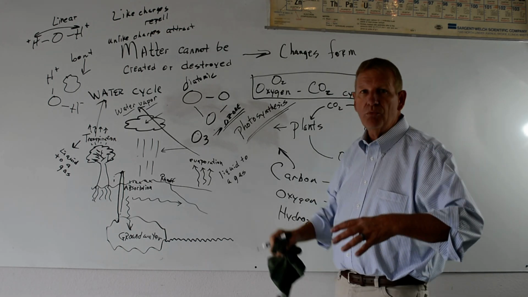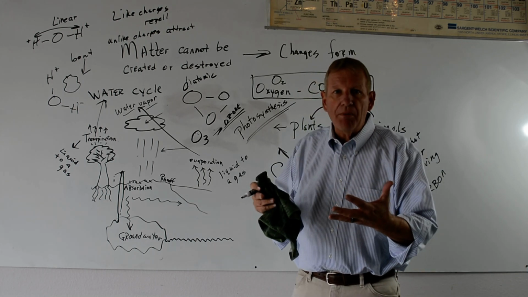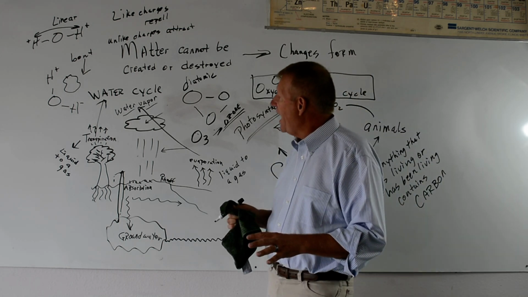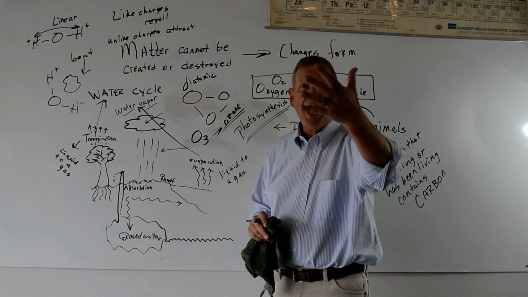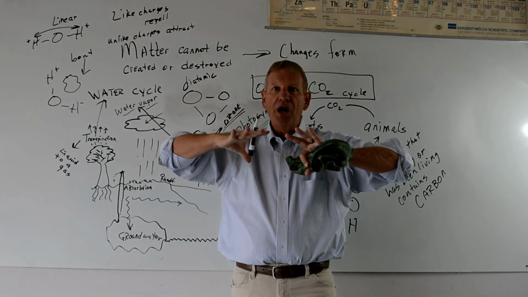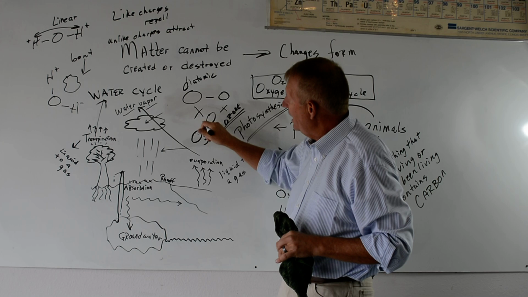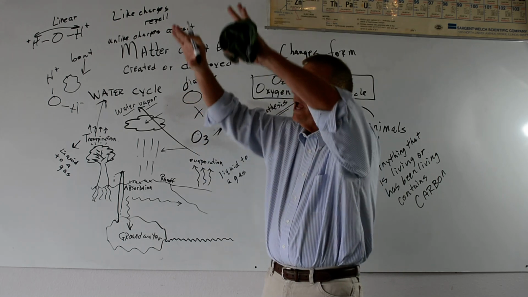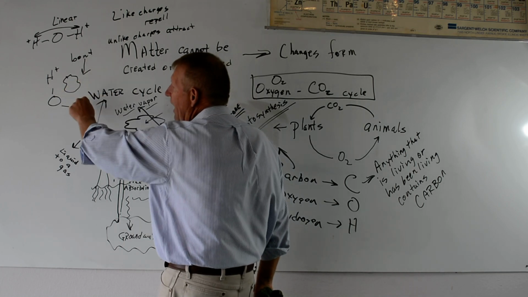But the ozone layer is when we have all this oxygen in the air. We have extra oxygen. We're going to talk about how ozone forms. One of the great things that happens is when we have these extra oxygens up in the sky, and we have nitrogens and we have water vapors. We have a lot of ozone in the air. Lightning hits, and when lightning hits, lightning busts up and releases this extra oxygen. And then it combines with extra hydrogens, and the water begins to form perfect H2O, and it comes out of the sky. That's when lightning hits, we begin to get these charges evened out to where they equal 0.